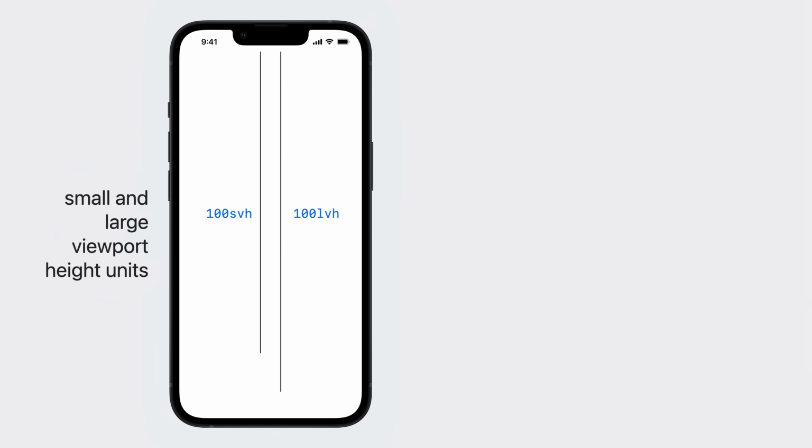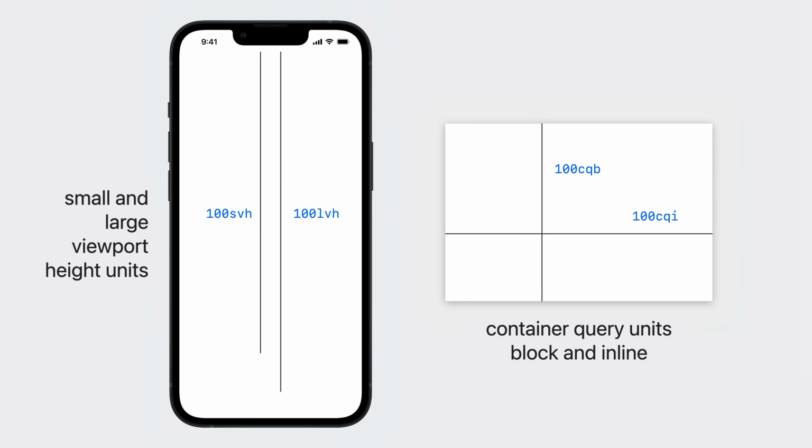In CSS, we have many different kinds of units that we can use to define a length. Some units are relative to the viewport size, like SVH and LVH, or relative to a container size, like CQB and CQI. Other units are relative to sizes in typography. 1EX equals the X height of the font. 1CH for character matches the inline size of the 0 character in a font.